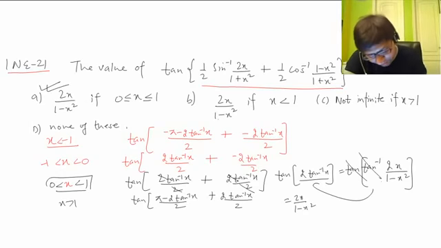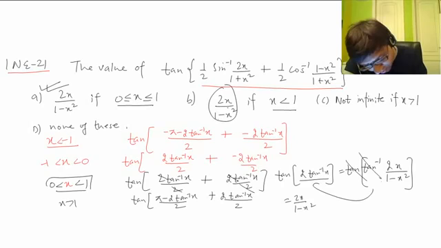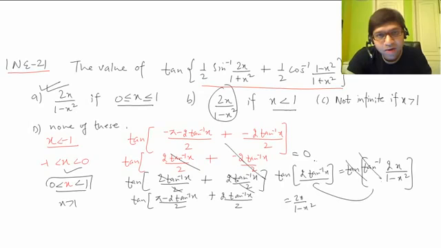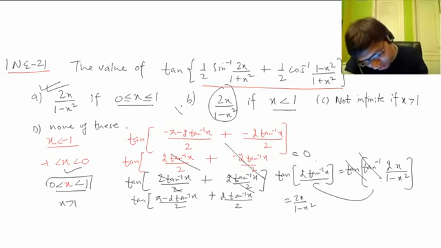So choice A is right. Now if you see choice B, for all x less than 1, the definition is this. We have checked that for x between 0 and 1, this is fine. But for every x less than 1, let's check that. 0 to 1 we have seen. Now between minus 1 and 0 we can check. No, it is not matching because you can see, look, tan 0 is 0, right? So it's not true. The B choice is not true.